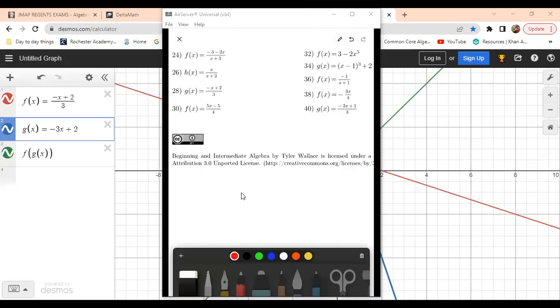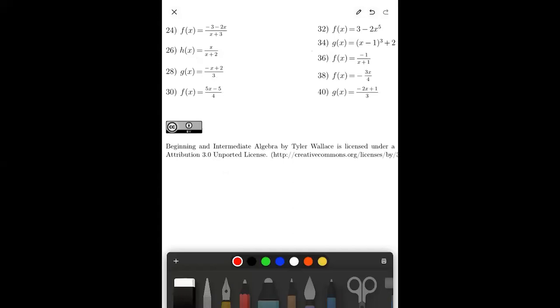Hey guys, this is Mr. H. I'm back with another video on doing inverse functions, but this time I wanted to show you how you could use the free online graphing calculator DESMOS to check your inverses to make sure that they're actually correct. So I am going to start